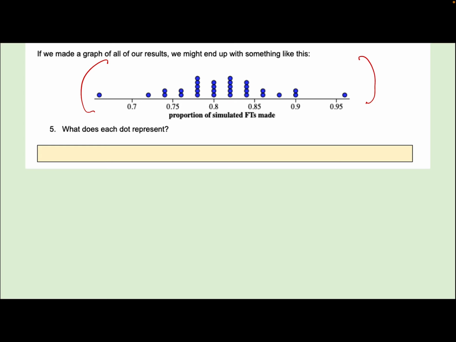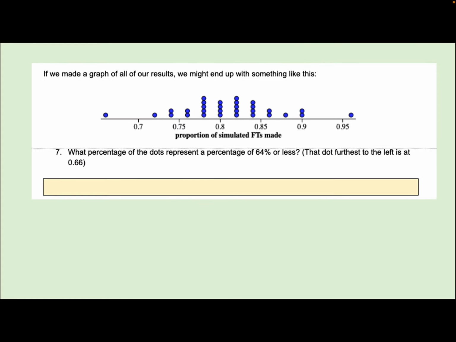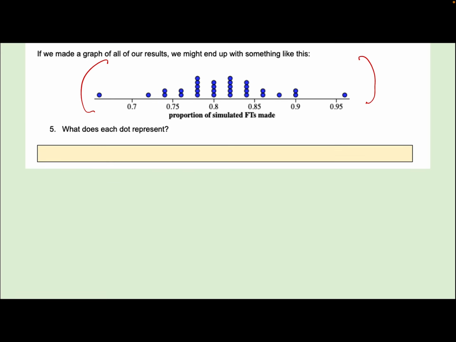All right, for question, wait, I said 6, 7, and 8. Sorry, my numbers are different. 5, 6, and 7. Anyway, it's all good. So for question 5, what does each dot represent? It's the proportion of free throws made from a sample of 50 free throws by an 80% shooter.